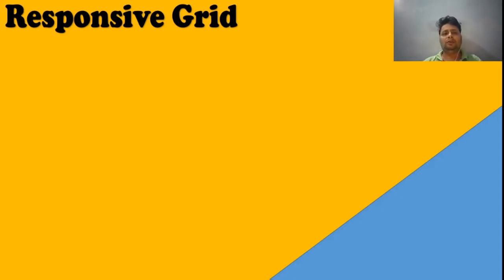As we know, Bootstrap provides a grid system that is entirely responsive, so you can create a website that looks different on a desktop machine, a laptop, and mobile devices. Same as Bootstrap, a grid is also provided in PrimeNG. We will see the responsive grid, and how we can create our website or web applications using the PrimeNG grid system.